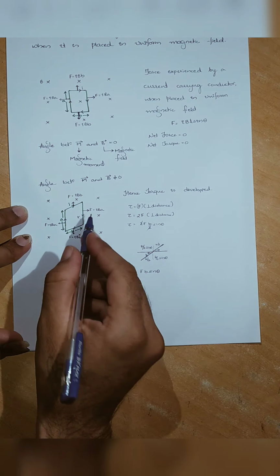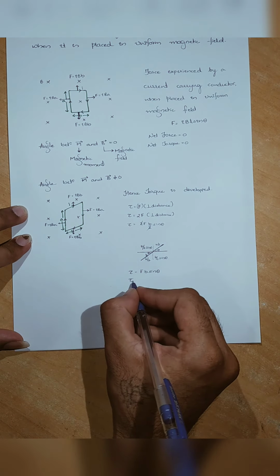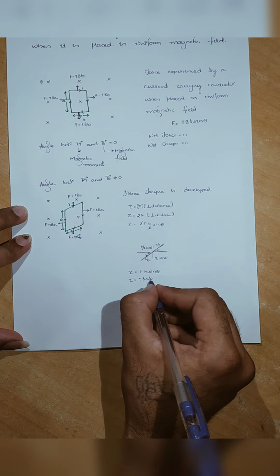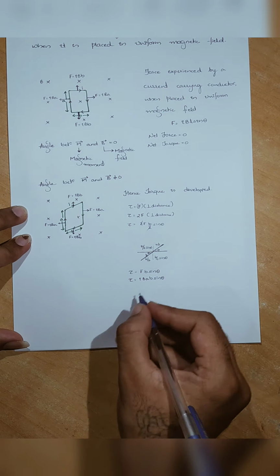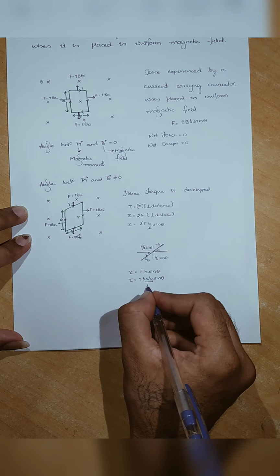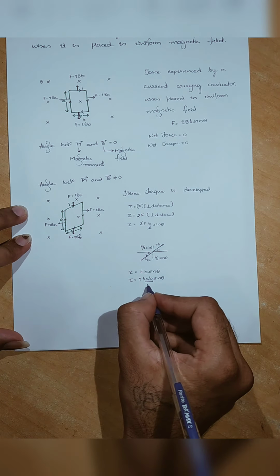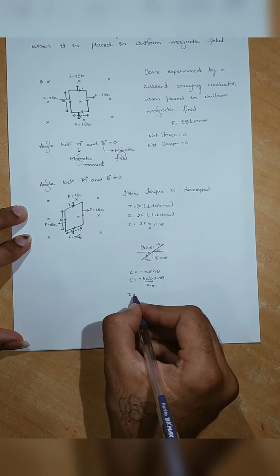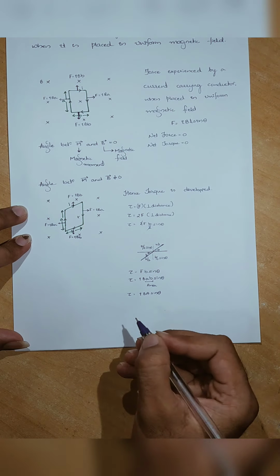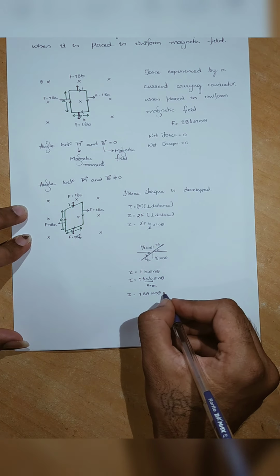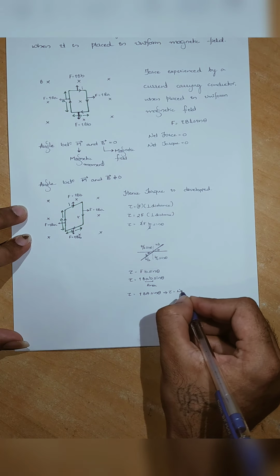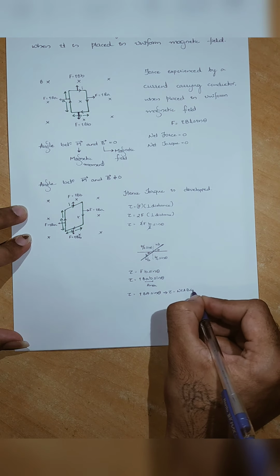But what is F acting here? F is nothing but IBA. Just substitute over here. F is nothing but IBA, again continuation, b sin theta. Now just cross check about this product. A into b, length into breadth, is nothing but the area of this. That's why tau is equal to IBA sin theta, or I can write it for N number of turns, tau is nothing but NIAB sin theta.